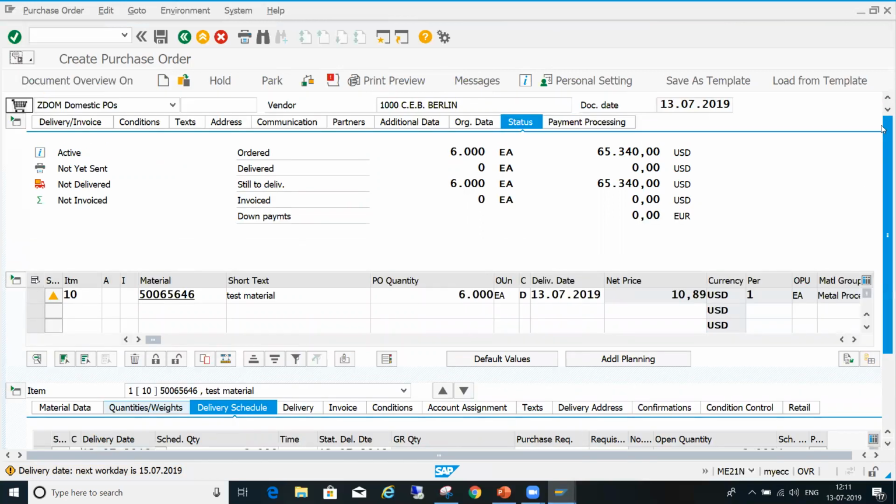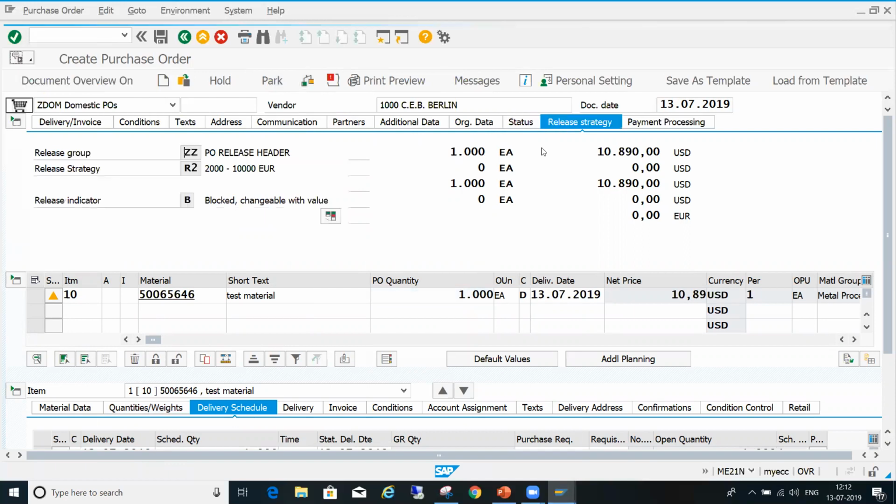All data will be copied. So for example, 1000 is there. Now you can check it.